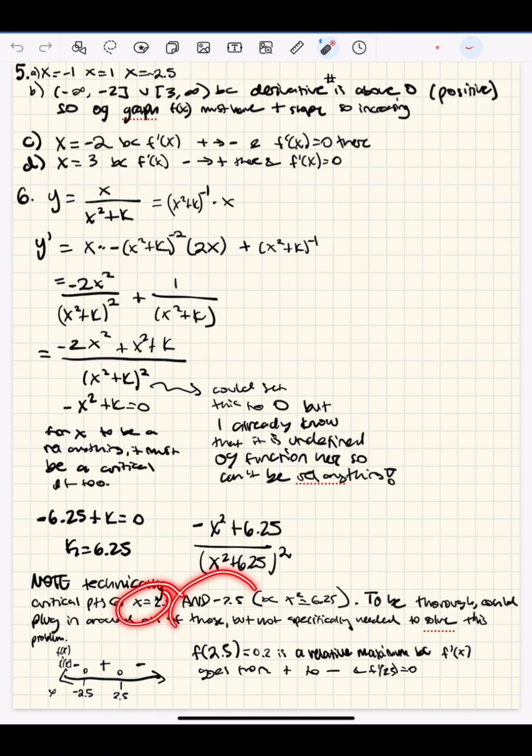And you can also note that x is 2.5 and -2.5 because x squared is 6.25. So to be thorough, you could put them all around. So I did. Then you test points and you end up getting that f of 2.5 is 0.2, and you get that it's a maximum because f prime x goes from positive to negative there. So you do have to be